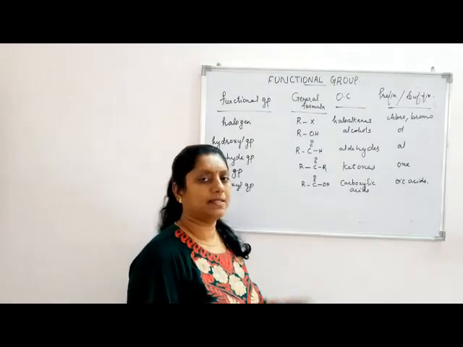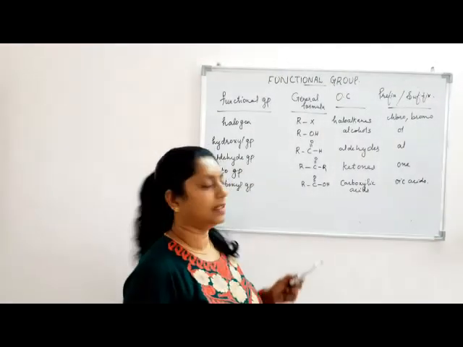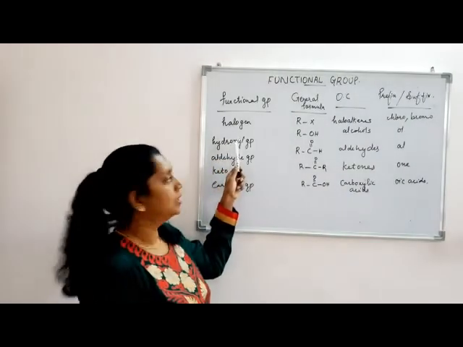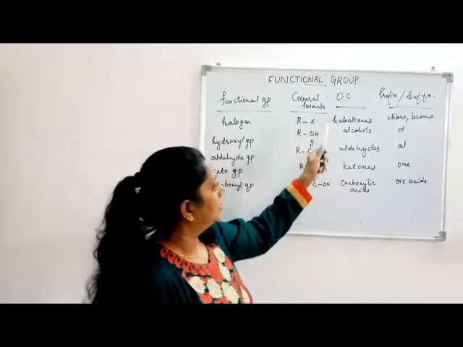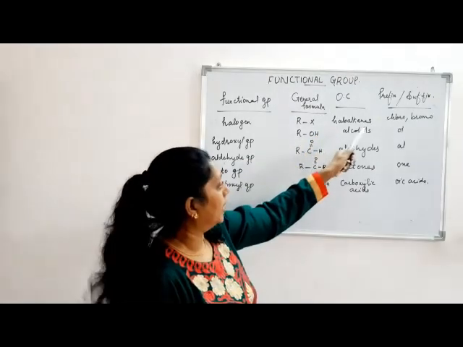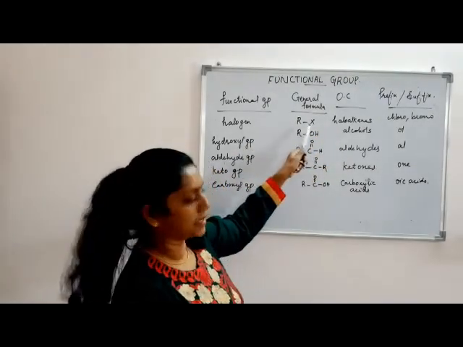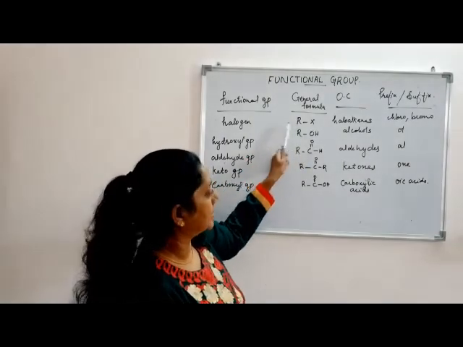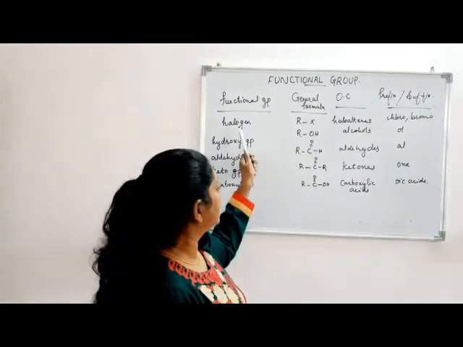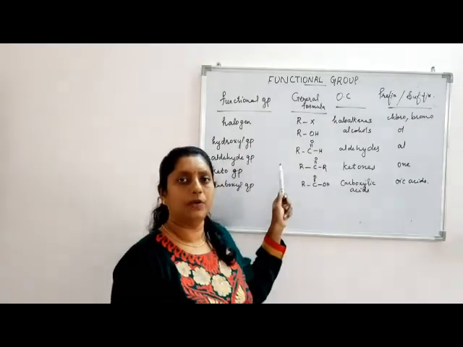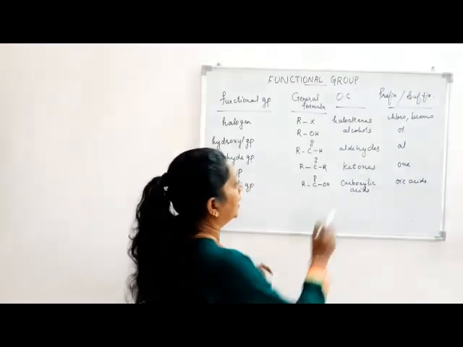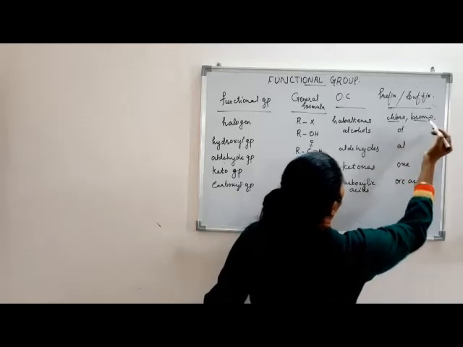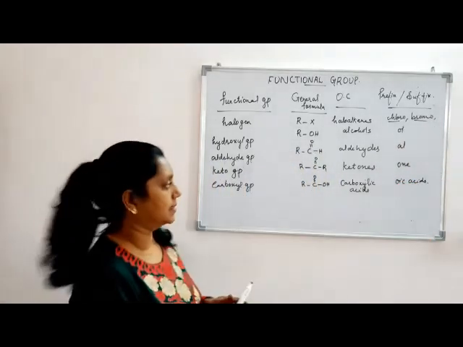So to summarize, these are the functional groups that we studied today. First one is halogen. If halogen is present in a compound, the compound is called haloalkanes. Halogens are usually represented by the letter X. Then the general formula is RX. R is the alkane part and X is the halogen present. That is fluorine, chlorine, bromine and iodine. Hence we are using the prefix chloro, bromo or fluoro, iodo, etc.